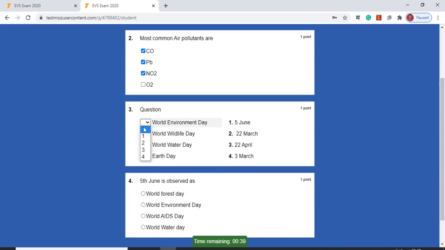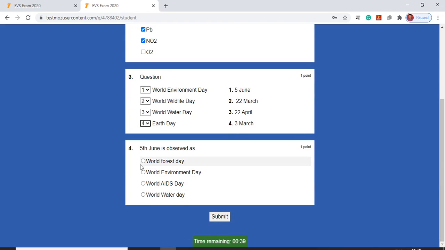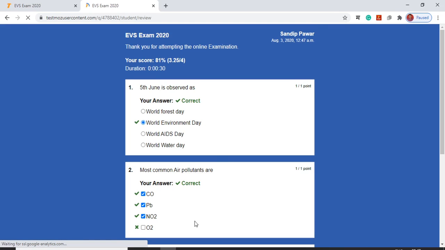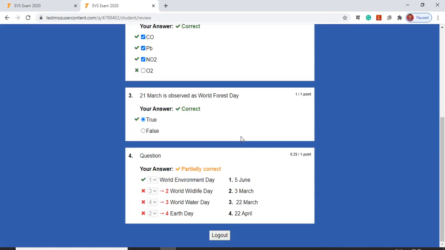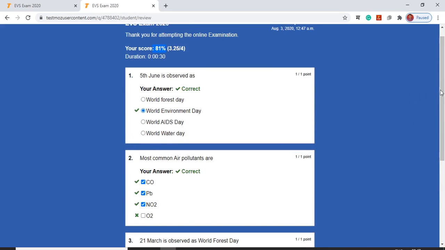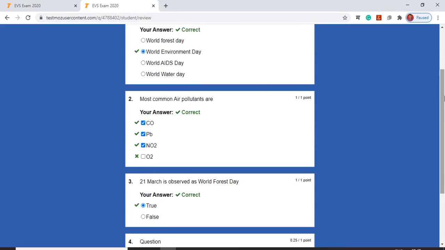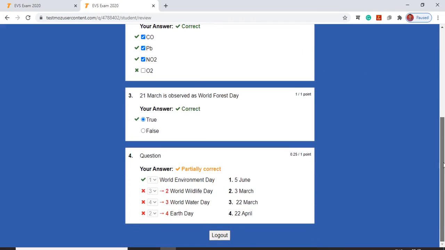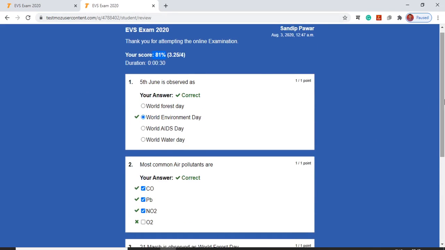I am selecting random options. Okay, I am submitting this exam. Here you can see I got 81% marks, and here we can see which answers are correct and which are wrong. So by this way we can attempt this online examination.